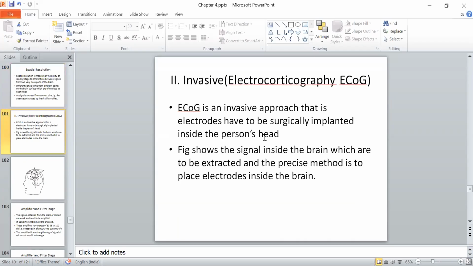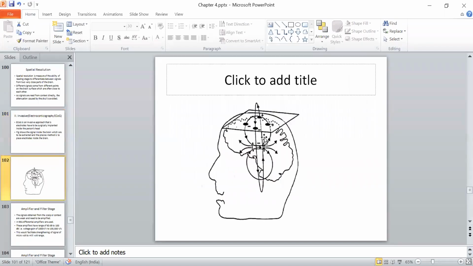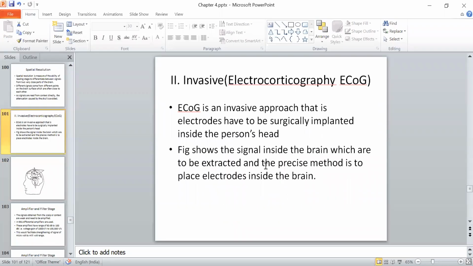Okay, so we go to the invasive technique, and what happened in the case of invasive approach, we put the electrode inside the brain of a human, and for that we need the surgery. So here in this case, you cannot connect a BMI interface to any human because the human has to go through the surgery in this case, and not everyone is ready to do this kind of thing. But in this case, there is an advantage. So here you can see this is the electrode that you place inside the brain. But the advantage is this, in this case the spatial resolution is very high.